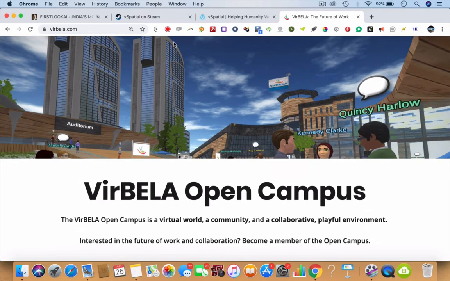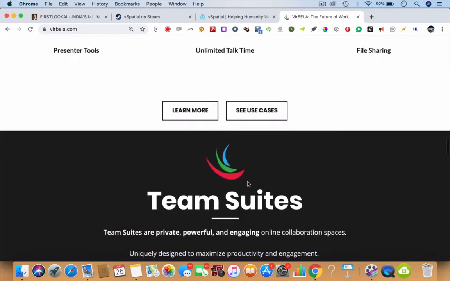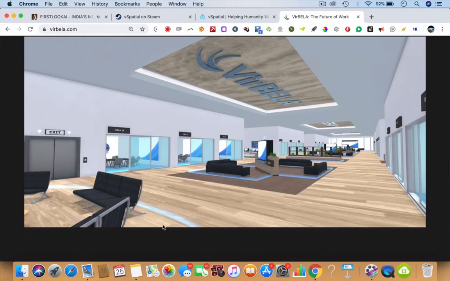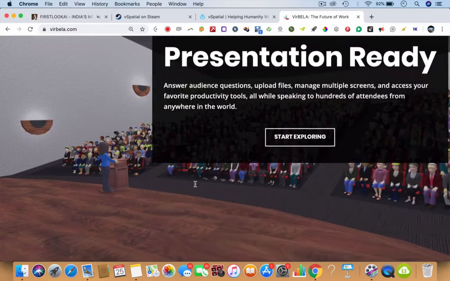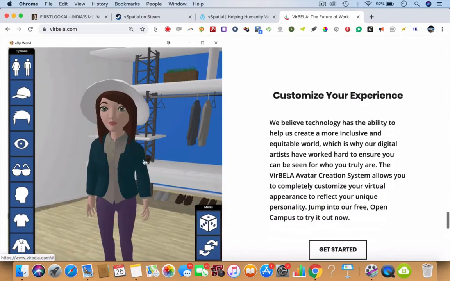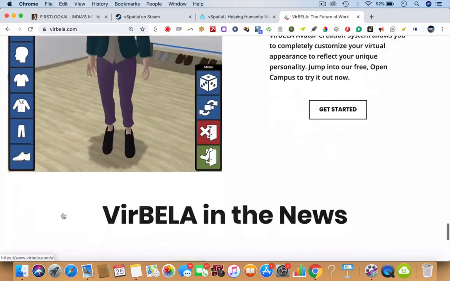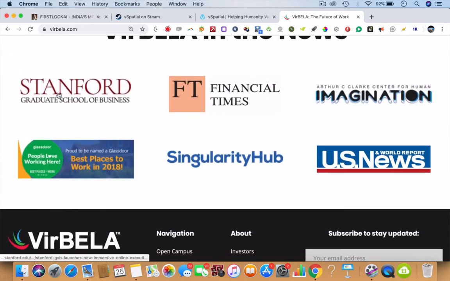Here, there should be one of my offices in that building, in the team rooms, or what do we call it? There is file sharing stuff. You can put your name over here, right? Whatever it is, it's your office. If you go to their actual campus, they have the plants and all this stuff. But what I was talking about with Verbala is changing the hairstyle, the cap, the glasses, and all this stuff. It's been used by Stanford and others.